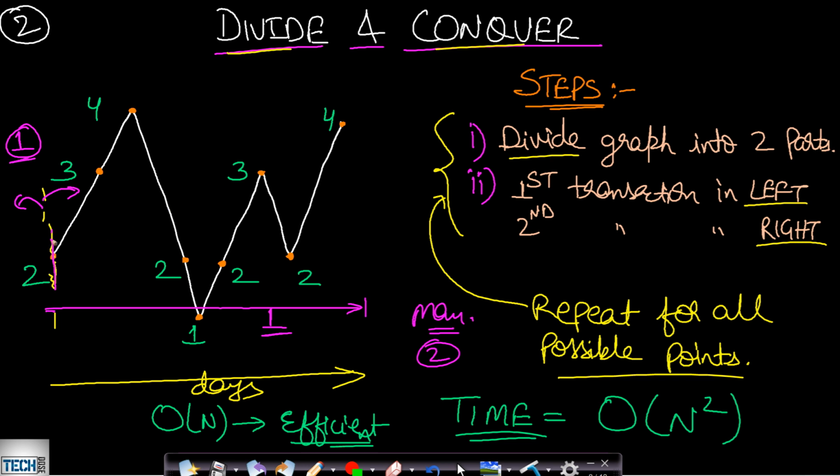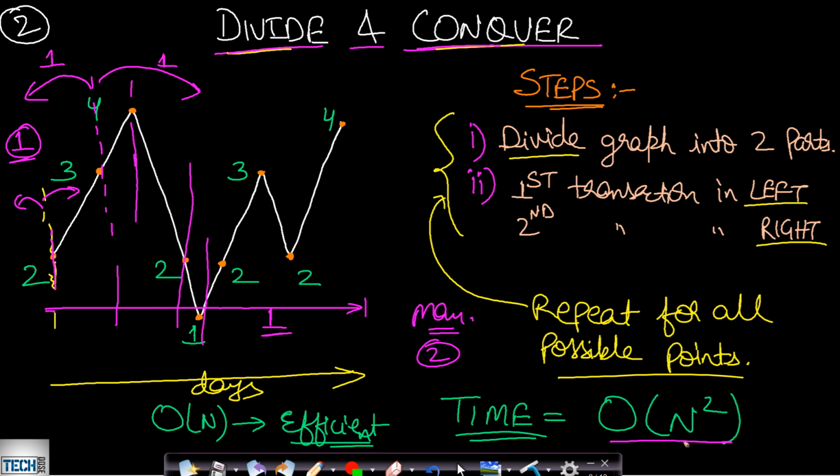Once we are done at a point, we can move on to the next day, and again apply this divider line, and find the maximum profit on the left hand side with one transaction, and the maximum profit on the right hand side with one transaction, and then add those values. We can do this for all these points, and then take the maximum of all the calculated max values. So this is the brute force approach to apply the divide and conquer technique. This will take order of n square time, but if you optimize this technique, then it will take order of n time, which will be an efficient approach. So I will be showing this order of n time approach only.